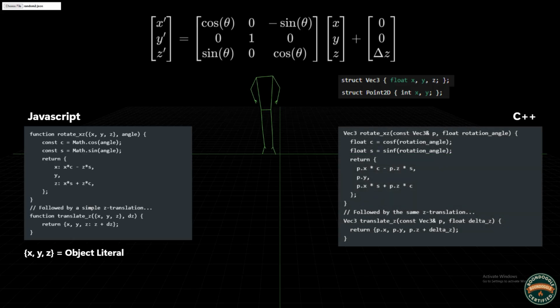Now let's take a look at the C++ version. The logic is a direct translation. The C++ version uses the float from our struct for explicit precision and standard library functions like cosf and sinf, that's cosine and sine, but for float, and the core logic remains the same.